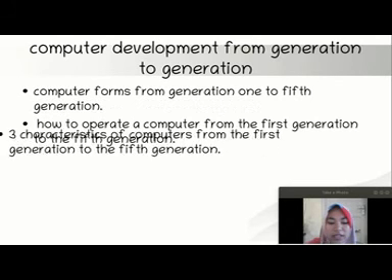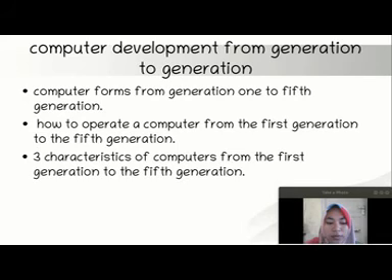Well, let's move to the last part. The characteristics of computers from the first generation to the 5th generation. The first generation computer has the characteristics: 1. Has a hardware size that is much larger and requires a large space. 2. The design of the operating system is made specifically and can only be used for certain tasks. 3. Programs can only be made using machine language.